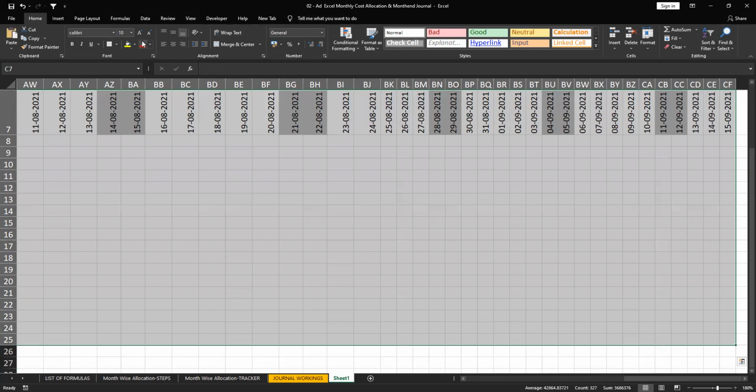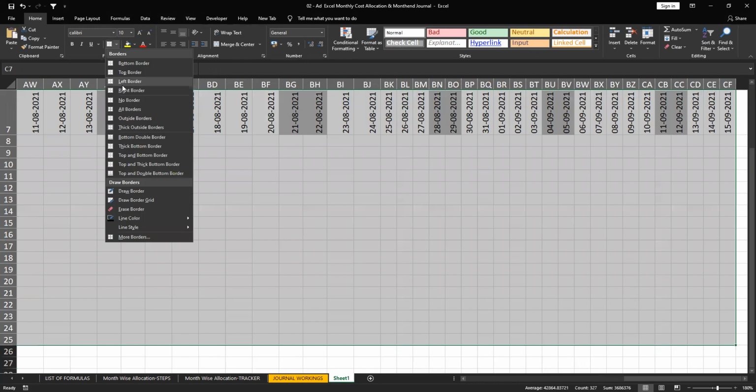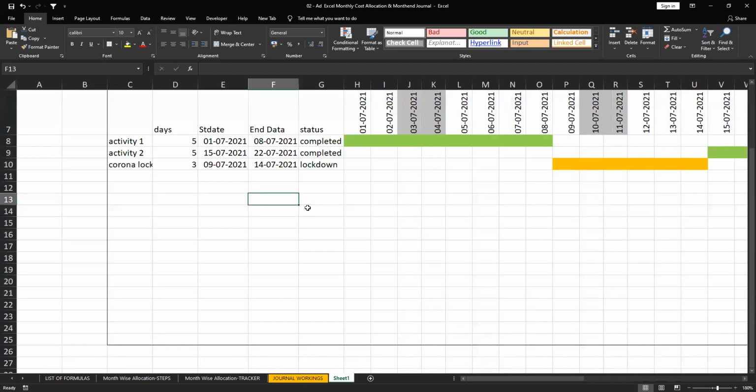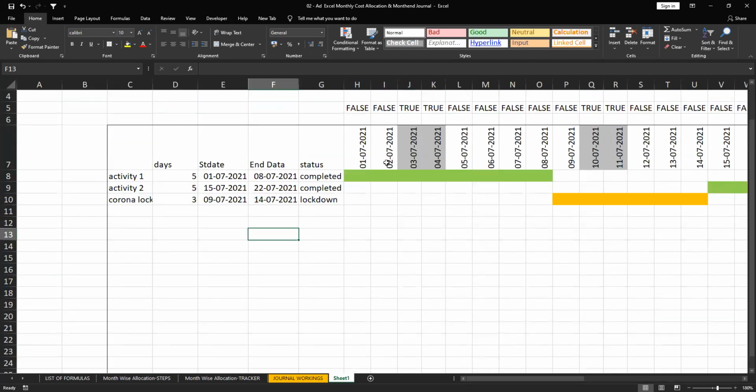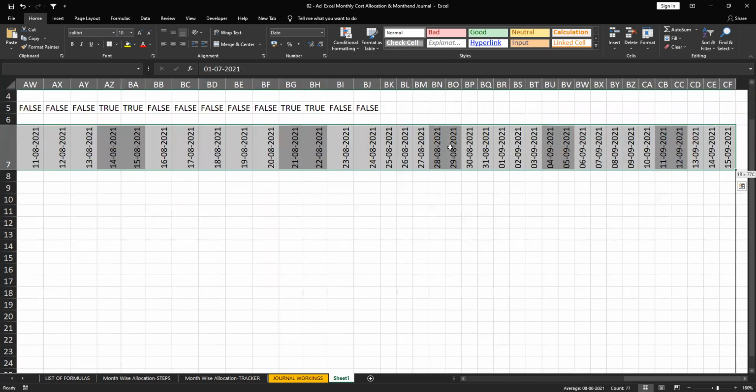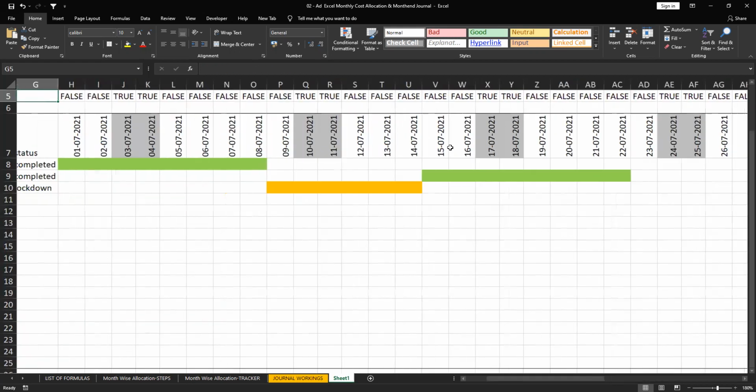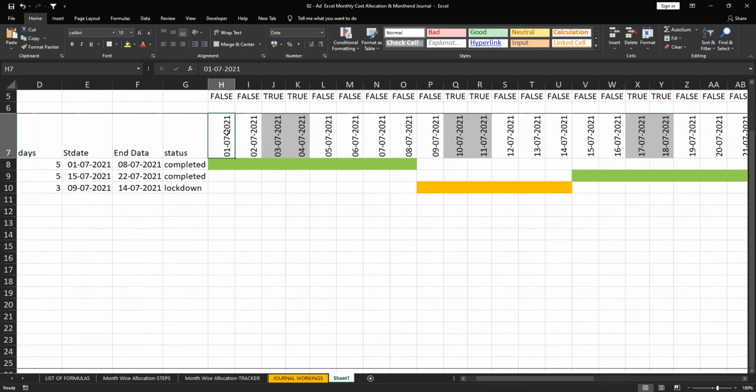I need to get this, with full borders, outside borders. This entire thing should be highlighted. The same way, select this and select the area which you want. Please observe this, the certain rows to be highlighted.